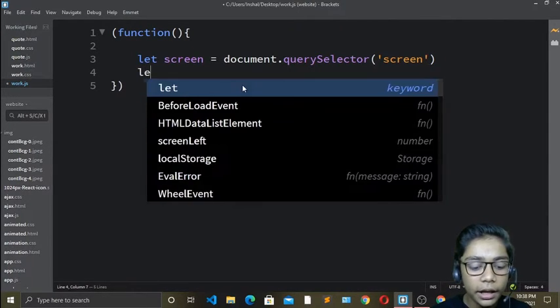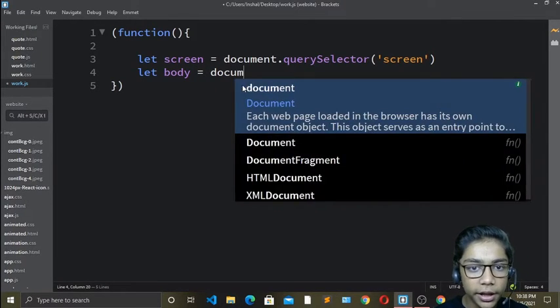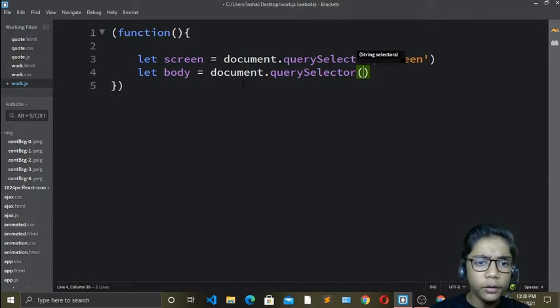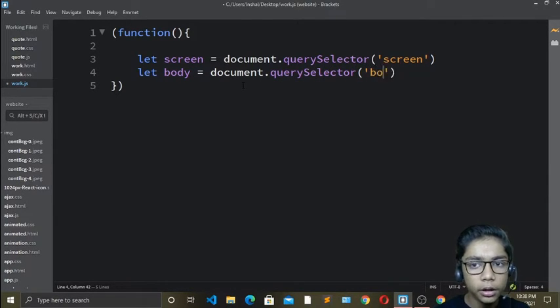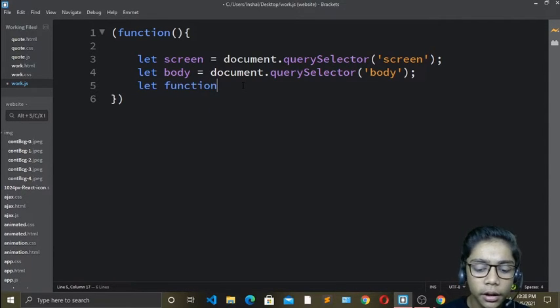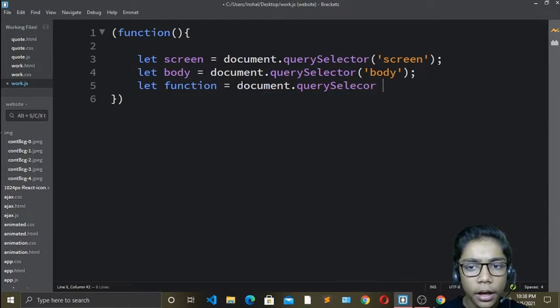Write over here let body, because it is a tag in HTML, so I will write let body like that dot query selector, and write over here body. Okay, so I will let body like that. And now when you have done that, just come over here. And now here we have done till over here like let, and write function again, and just write document dot query selector. Okay, and here we have to just link our codes. Okay, so I will just write first of all over here function. Okay, so now we have done till over here.